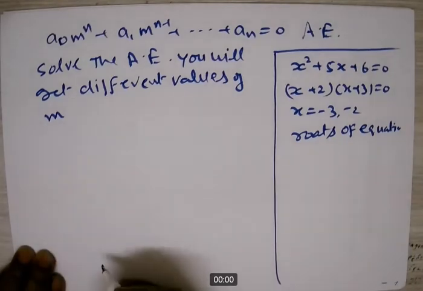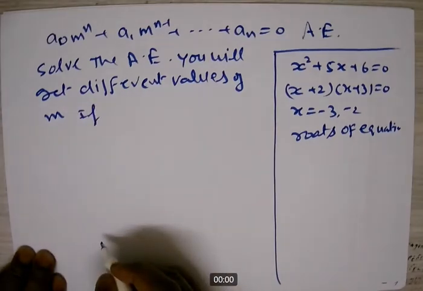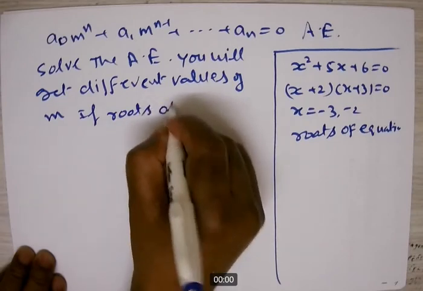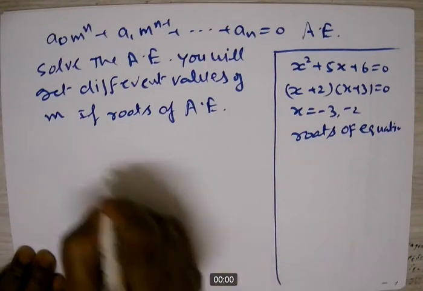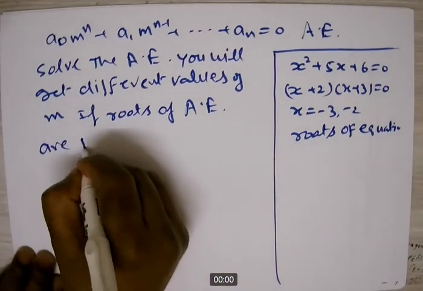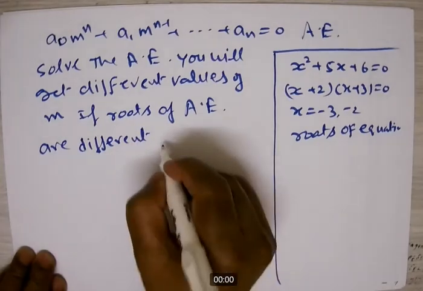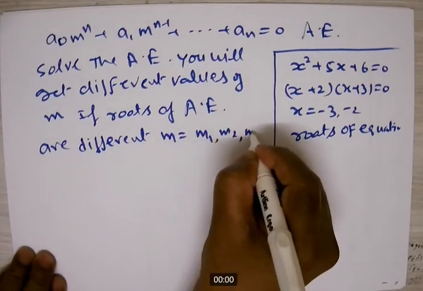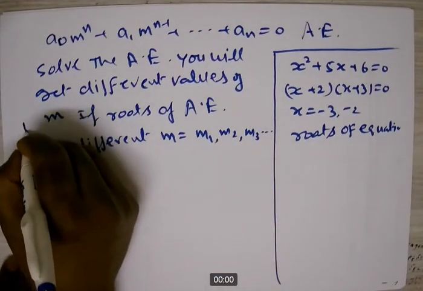Now I am going to explain that if the roots of the auxiliary equation are different, say m equal to m1, m2, m3 and so on, that we can consider as case number 1,